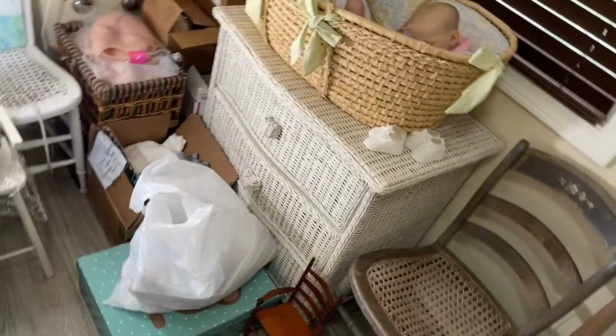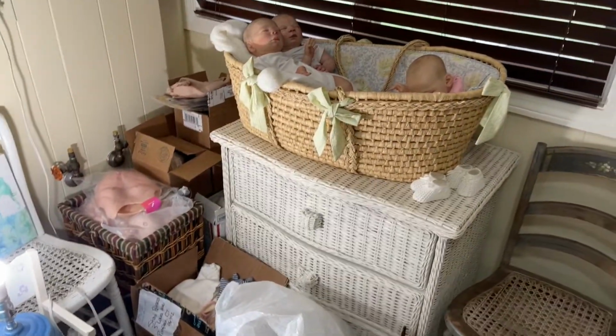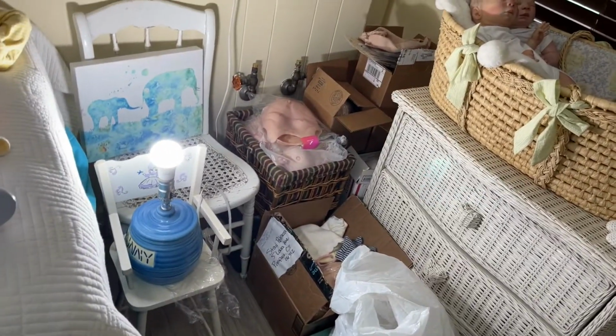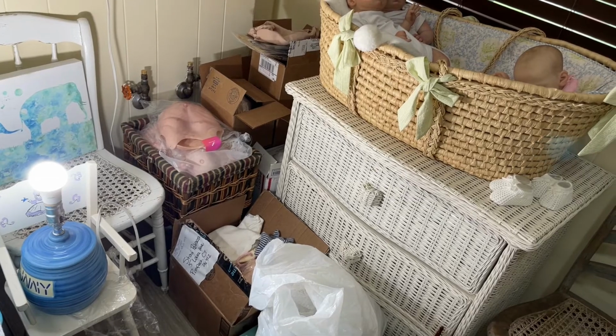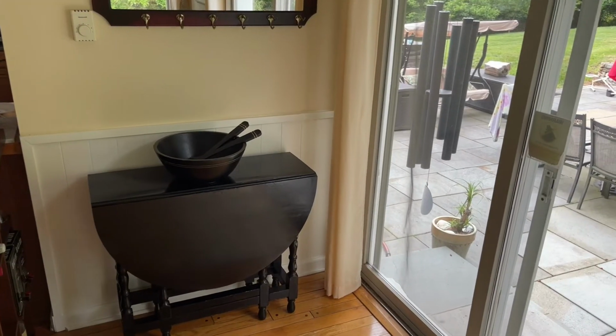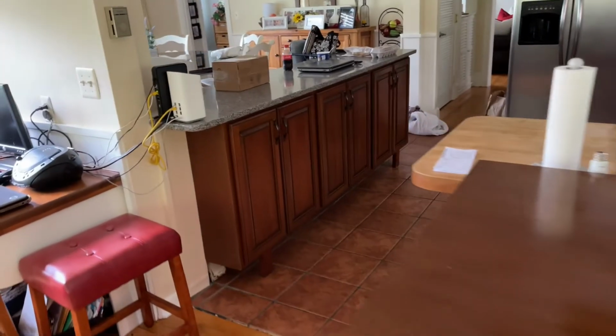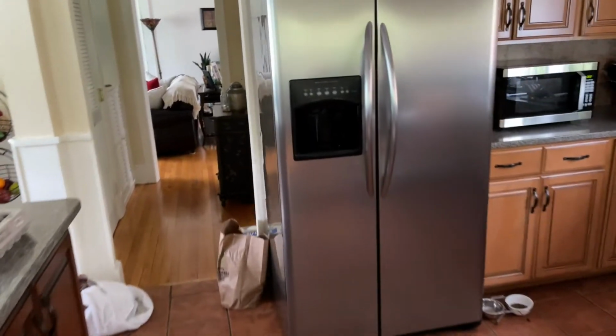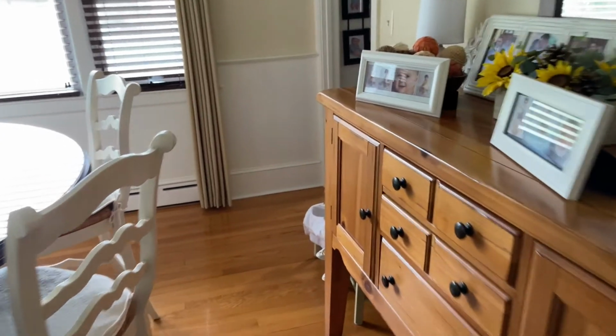And like I said, I'll walk around the house and show you where a couple other dolls are hidden. Maybe I could do that right now. Hold on, let me see how long this video is. Okay, so I decided that we will walk quickly around the house. If you see any bags, any towels, any laundry, you have to excuse that. So in the dining room,